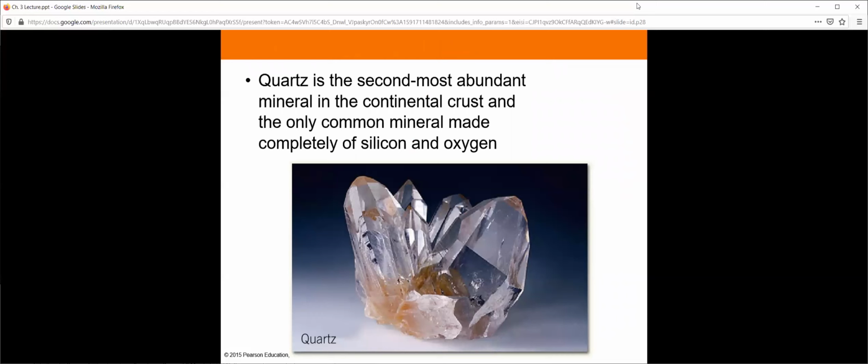Quartz, we all know quartz, very abundant mineral. Yeah, I will tell you right now, quartz does not have some special magical, mystical component to it. If you put a piece of quartz on your headboard of your bed, you're not going to have better dreams. I'm sorry. It's just some silicon and some oxygen. I apologize if I've ruined your life now.